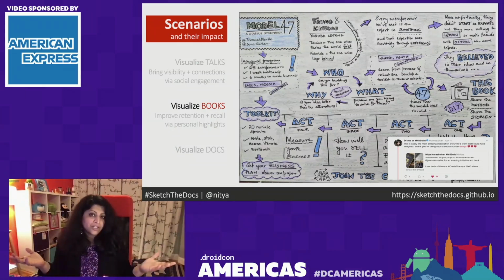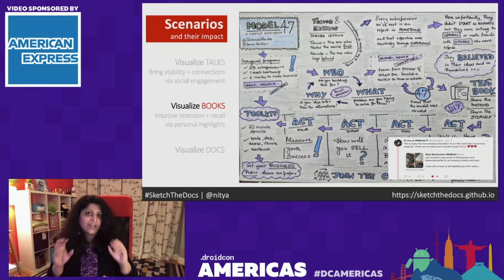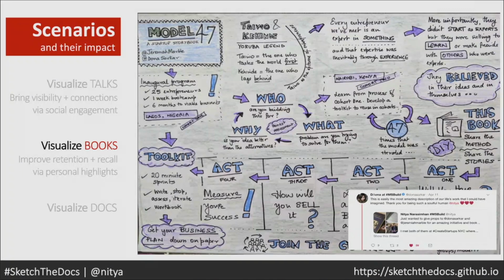What I usually do is whenever I read a book, if I can, I go ahead and sketch note things and remember what I want to take away from it. And when I'm done, I usually fold that sketch note and put it into that book. This is an example of a book by Donna Sarkar, and it was really about startups at a time when I was really trying to understand what the issues in startups were. It was a really beautiful book documenting a 1-year journey through a bunch of startups in Nigeria and lessons that they took away to build a toolkit.